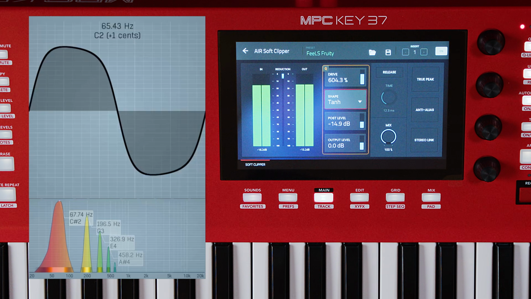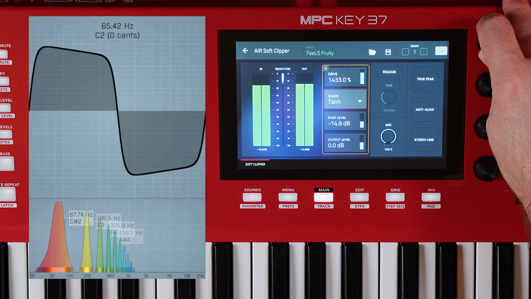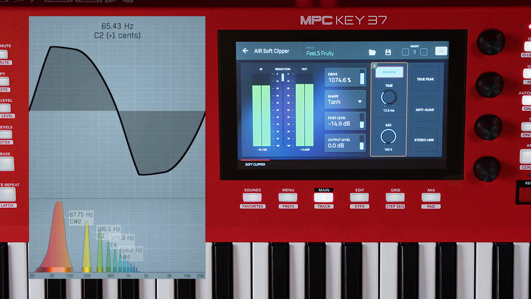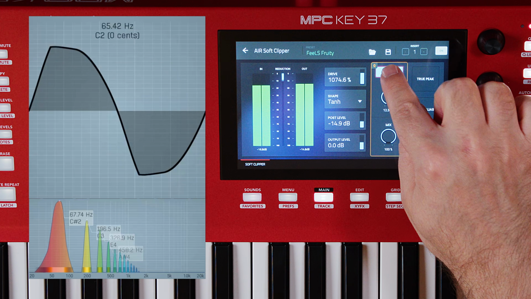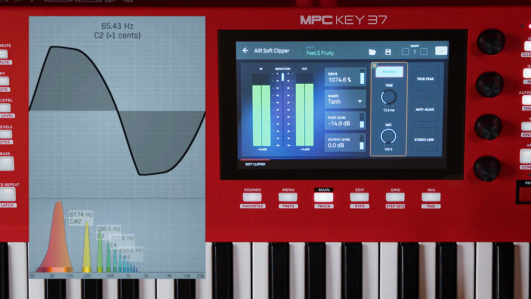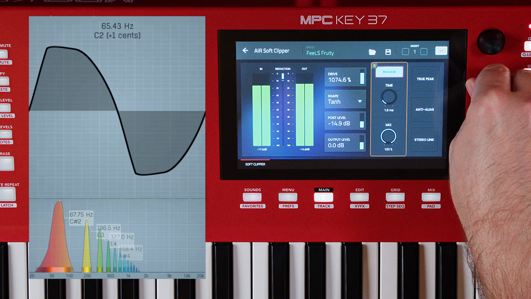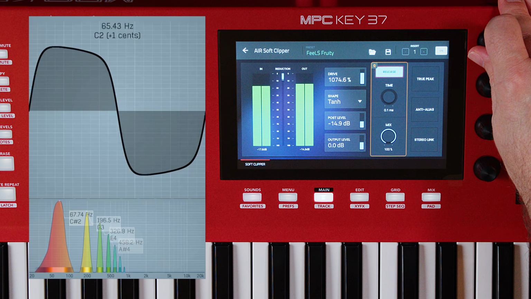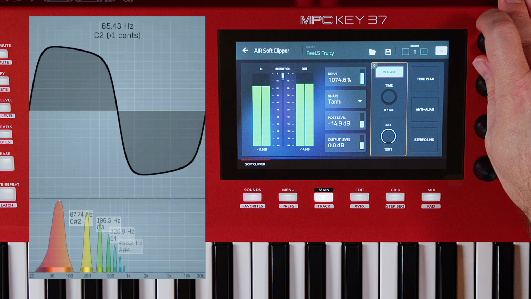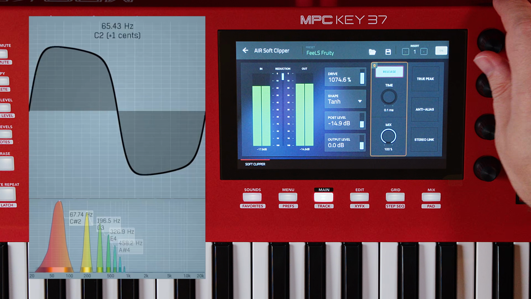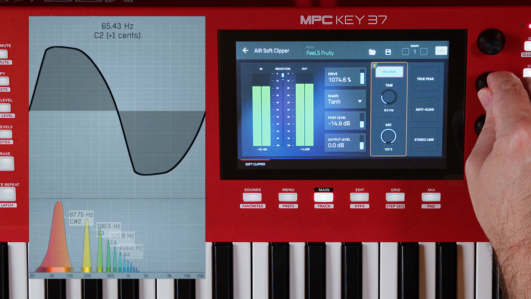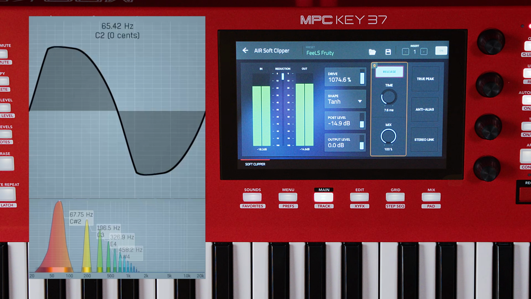Now it doesn't stop there because the release changes things pretty dramatically as well. So let's turn up the drive a bit. Let's engage release. And then if you look at the shape now, it's very different. So without release and then with. Now if I drop this time down, it almost gets rid of it. You can see the end slope changes with the release being activated. So that's kind of your sign that things are subtly shifting in this. So if I increase the release a bit, you'll see we start getting some different shapes with this. So if I play this,